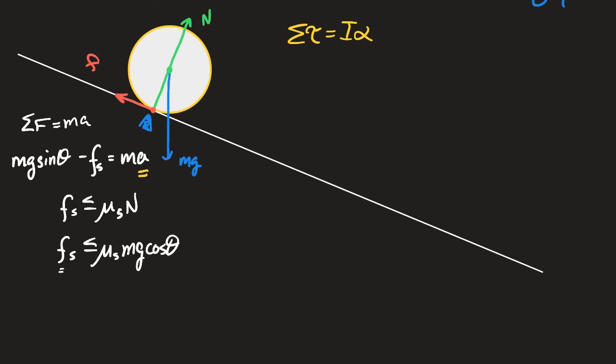One of the advantages of using the pivot point at that edge is that we eliminate friction and normal force. They do not cause a torque about this point because they're on the pivot. So the only thing that's causing a torque is gravity, which is the thing that is causing motion in the first place, which is why it's better to do it this way. In fact, if we remember that torque is R times F times the sine of an angle,